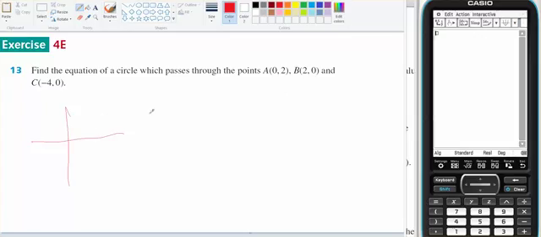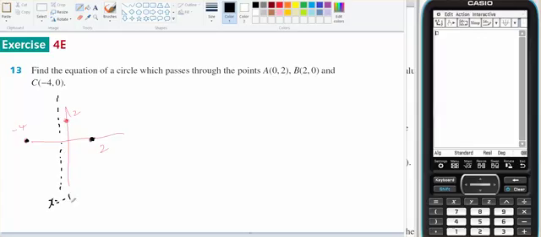I know that it cuts through at x equals 2, and x equals -4. But I don't know where the centre of the circle is, so therefore I don't know the radius. Because this point and this point has been given to me, I actually know that the centre of the circle will be somewhere along the line